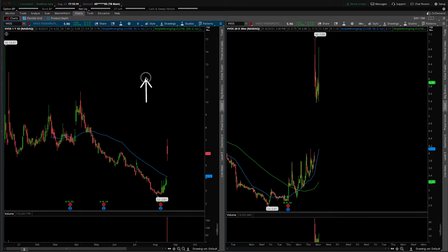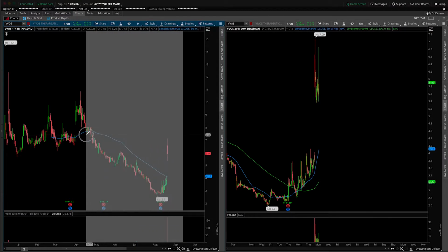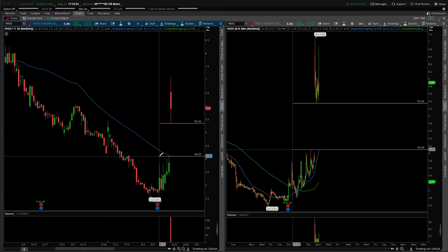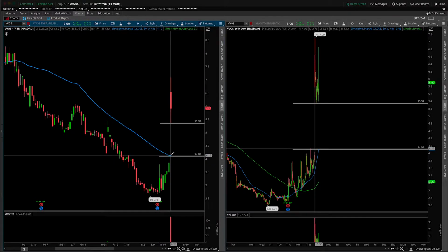On the left-hand side, we are looking at the daily time frame, and on the right-hand side, the 30-minute intraday time frame. First thing to point out is that this one did have a pretty sizable gap up this morning here, so we're just going to map out the obvious. Underneath today's low, the gap starts to fill down towards 410